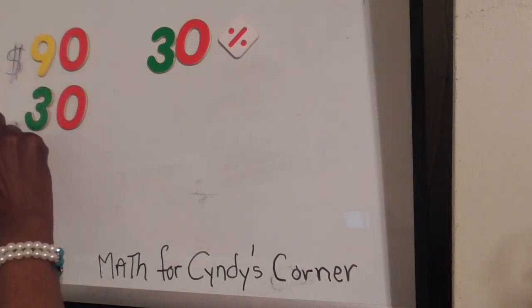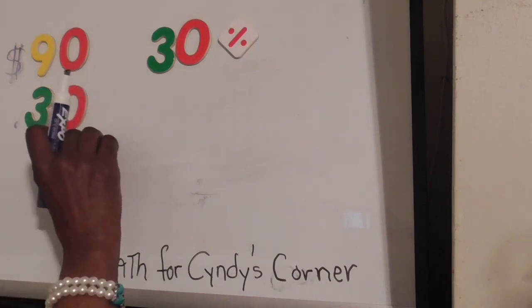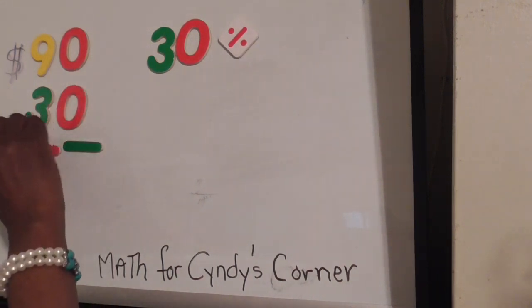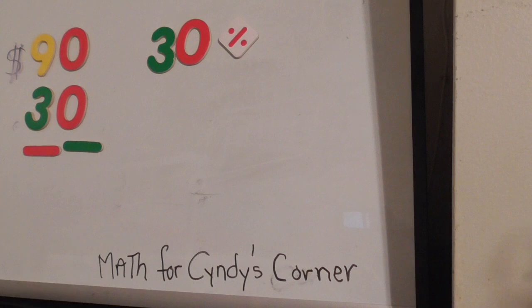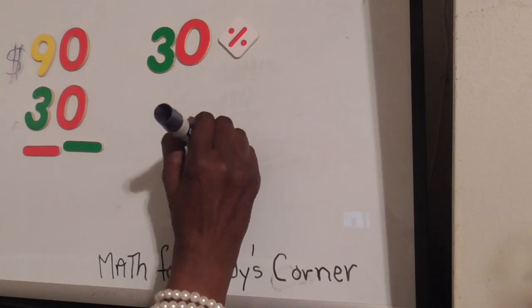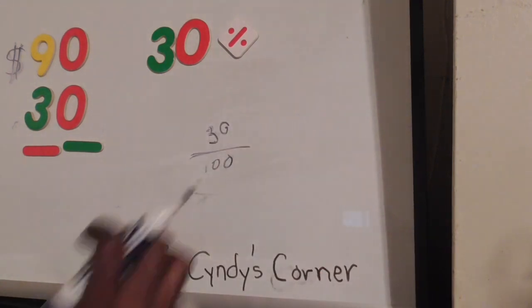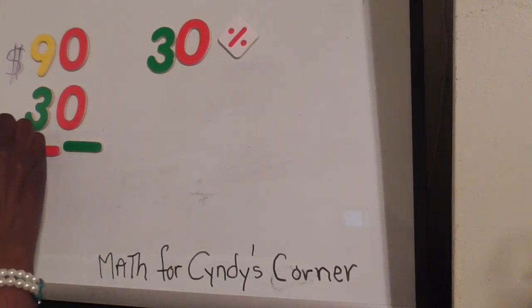We find percentage by putting a decimal in front of the percent, because a decimal .30 is the same as 30%. This is it in decimal form. This is it in fraction form, 30 over 100. But right now, we're going to use it in decimal form because we want to know how much we're going to save. If we take 30% from $90,